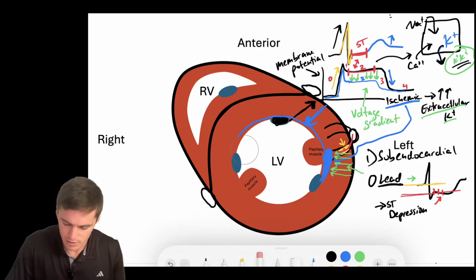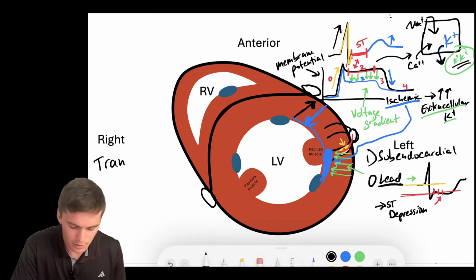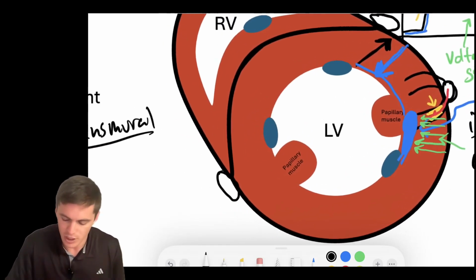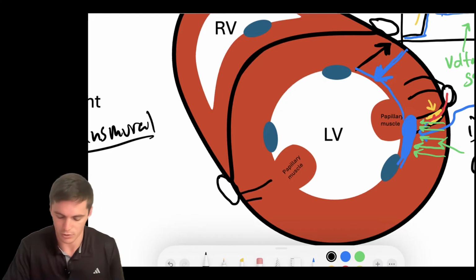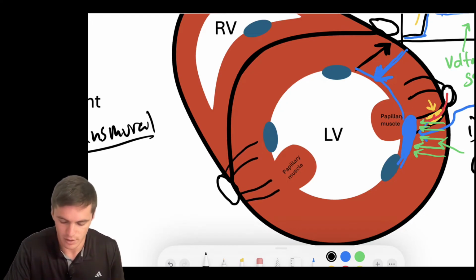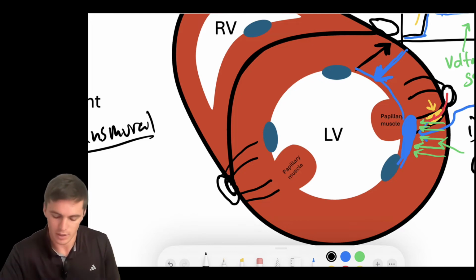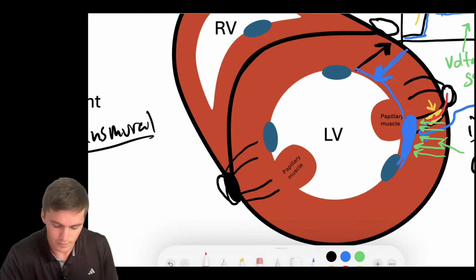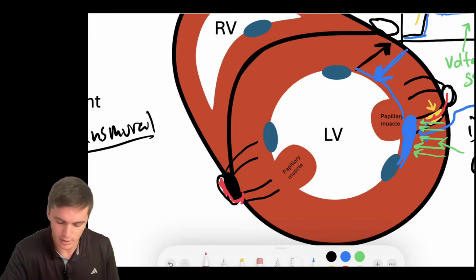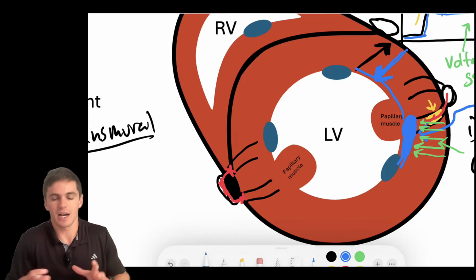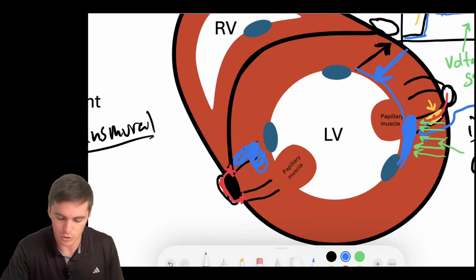Let's talk about what happens. We'll erase that. Let's talk about what happens in transmural ischemia, right? In transmural ischemia, if I zoom in on this epicardial vessel that's got branches that are heading into its region, right? You get, say, an occlusion here. So there's my occlusion, and so all the blood can't get to any of the entire myocardium, right? So now we get this transmural infarction or ischemic event. So transmural,